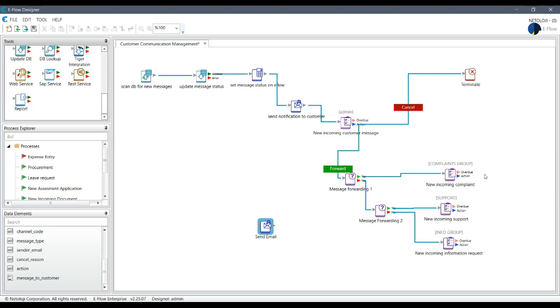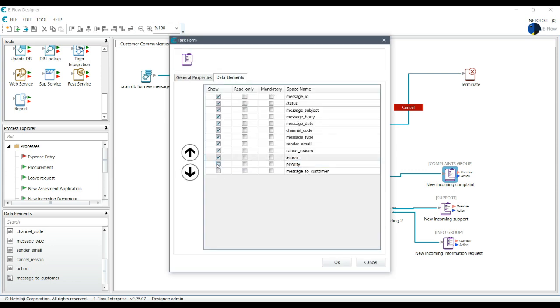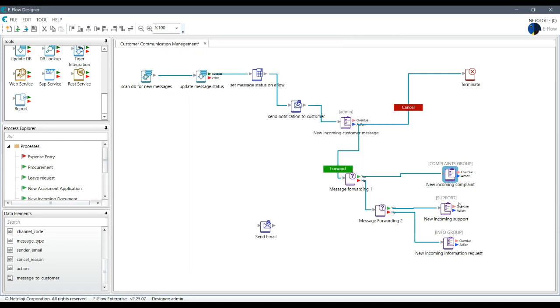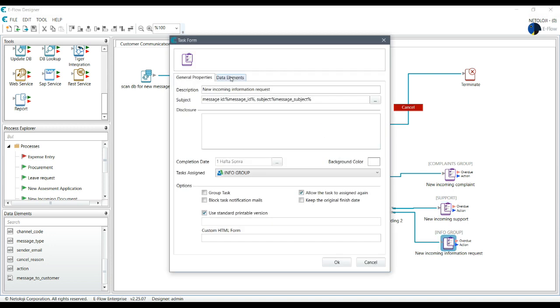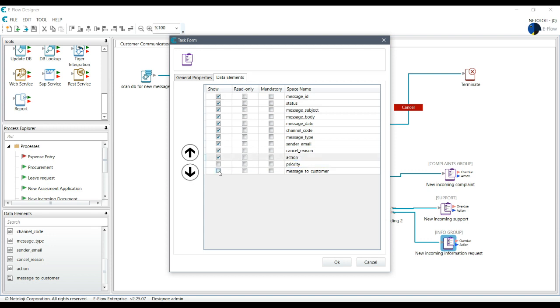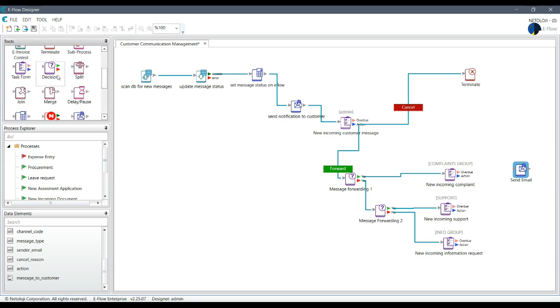So I'm gonna put the action and message to customer fields on my task forms, and I'm gonna make a decision. And they will all land on that decision, and the decision will be